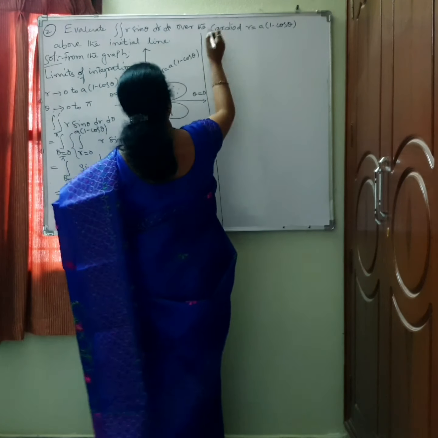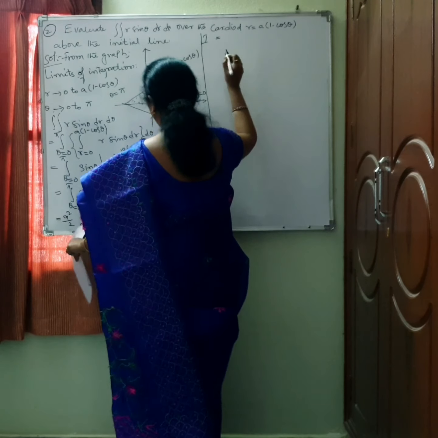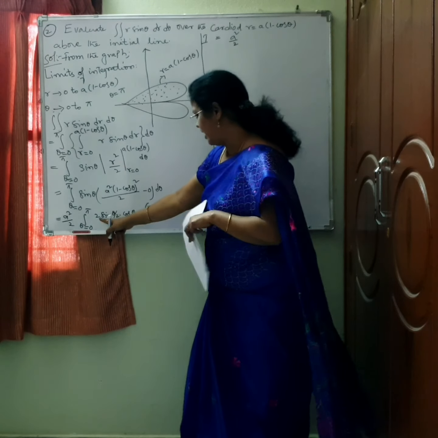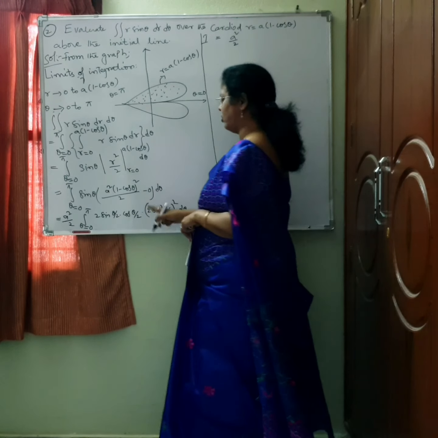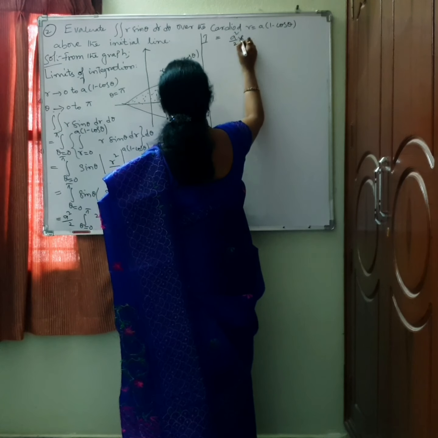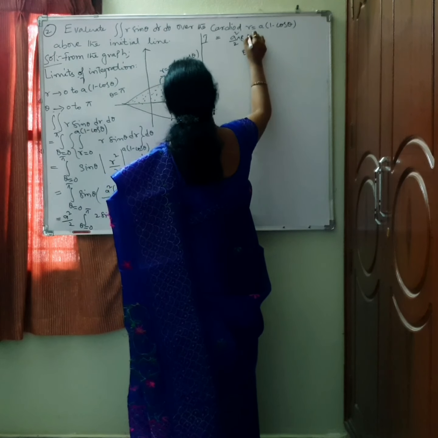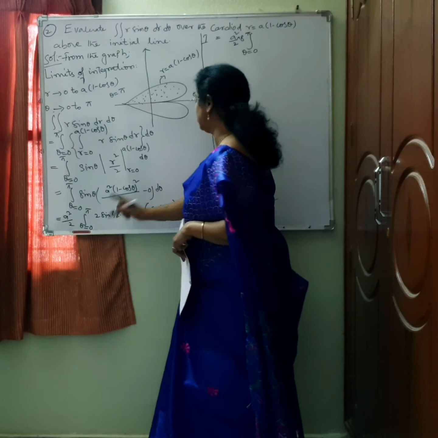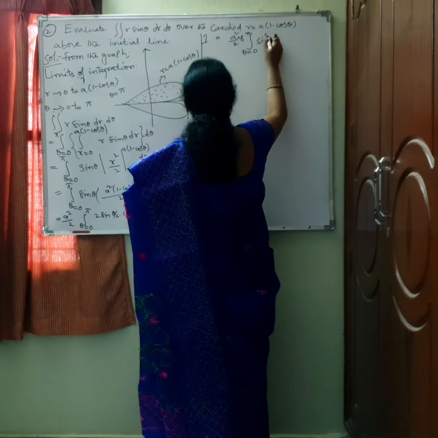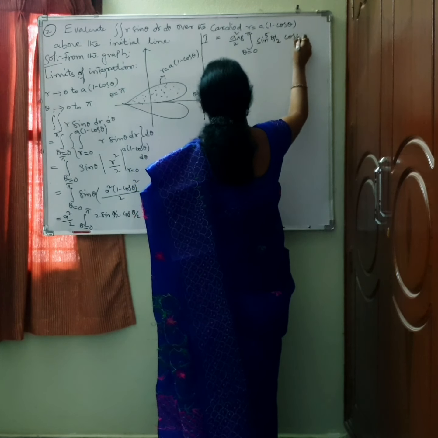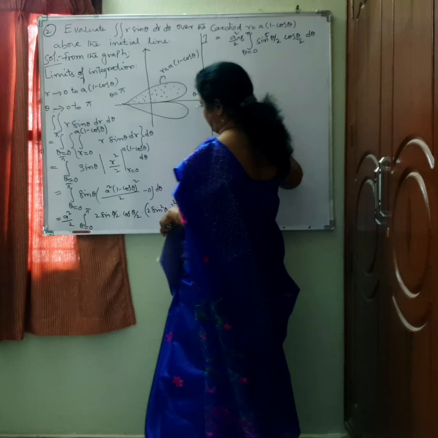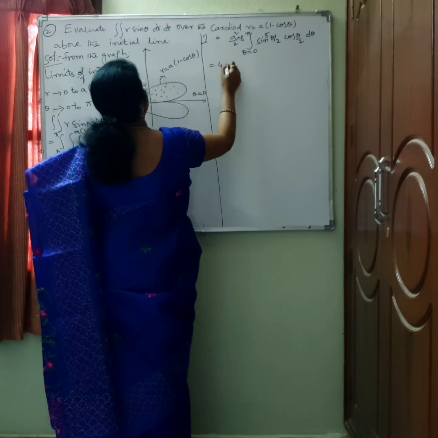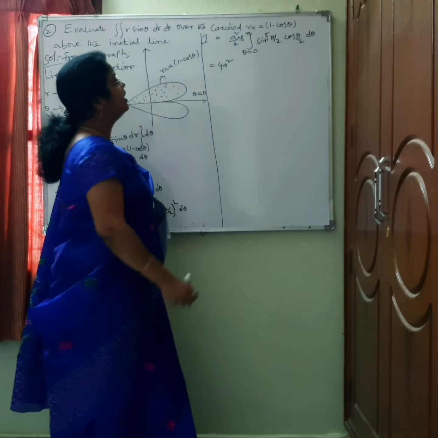Now you assume that integral as I, and here a square by 2 will be as it is, and here we are having 2, and 2 square is 4. You keep that 4 into 2, 8, outside the integral. Theta is equal to 0 to pi, and you are having sin to the power 4 theta by 2 here, and one more sine function is there. So you will get sin to the power 5 theta by 2 into cos theta by 2 into d theta. Now 2 times 4, 8, 4 times will get cancelled, and you will have 4 a square.